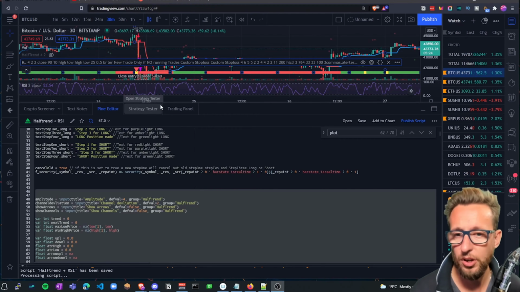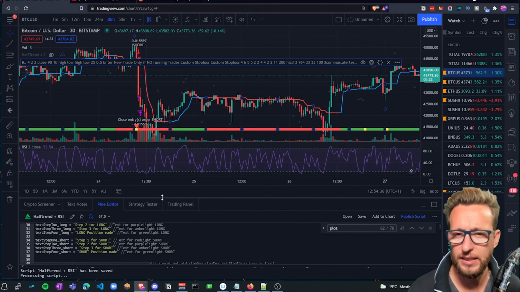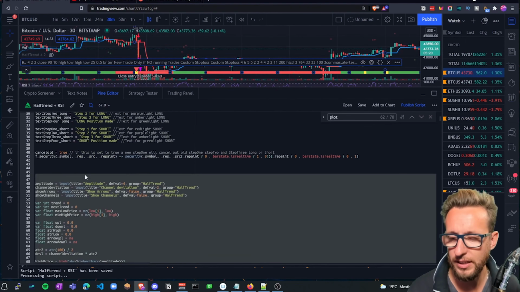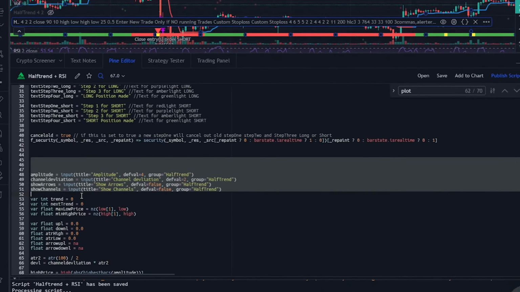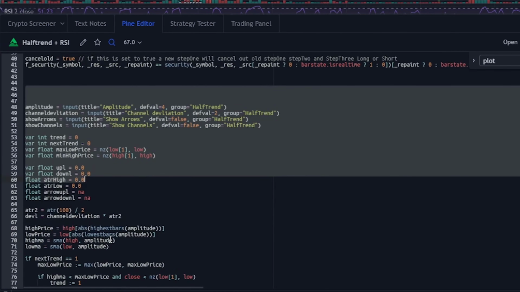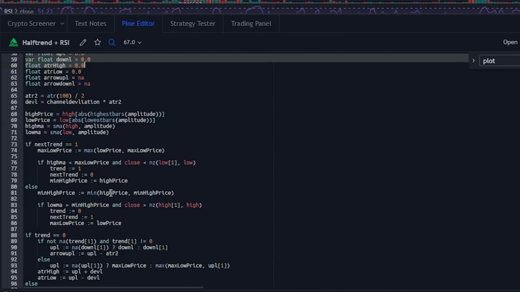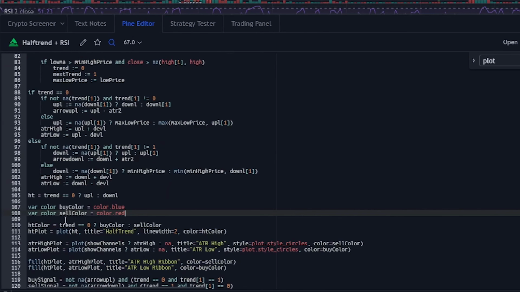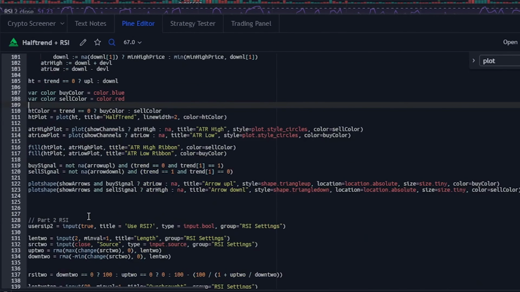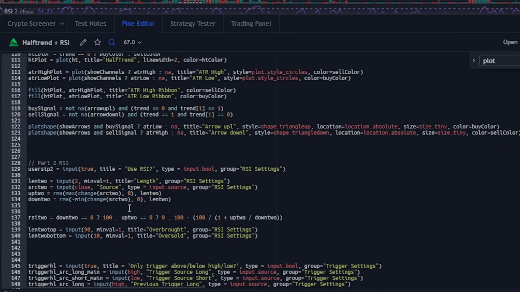Okay, here we are on the code that I've managed to put together. That is the indicator. Here is the code. As I said, we've just literally copied and pasted all of the Halftrend code here, and we've added the RSI below. We've added two new variables, the top and the bottom length, which gives us an overbought and an